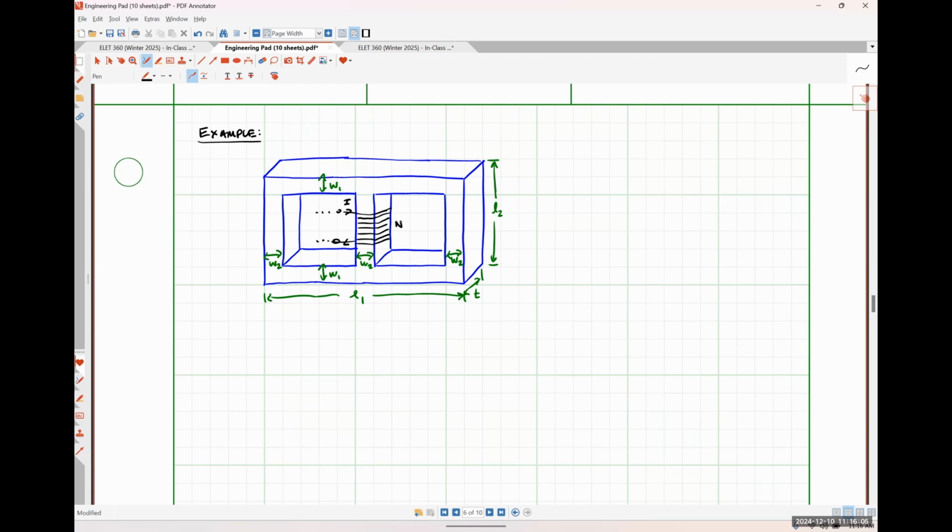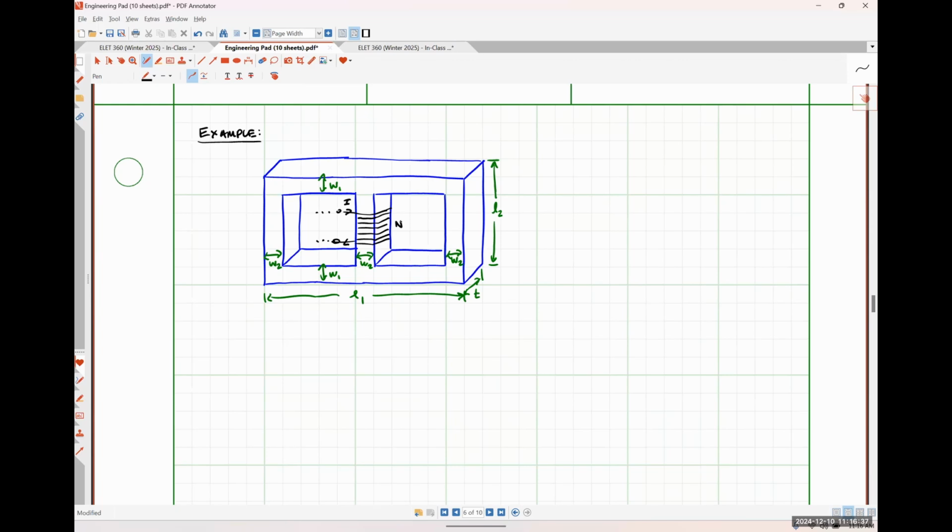So if we had placed two coils on that middle leg, this would be what's commonly referred to as a shell type transformer, which is a very common transformer architecture for low power applications. So if you were to crack open a power supply or anything like that in your home, like for your computer, this is the type of transformer that it would have. Okay. But this isn't a transformer. This is just an oddly shaped inductor at this point because it's only got one coil on it. Anyway,